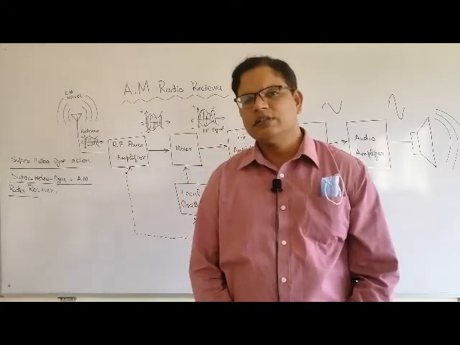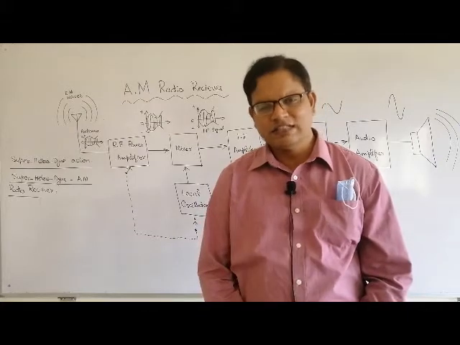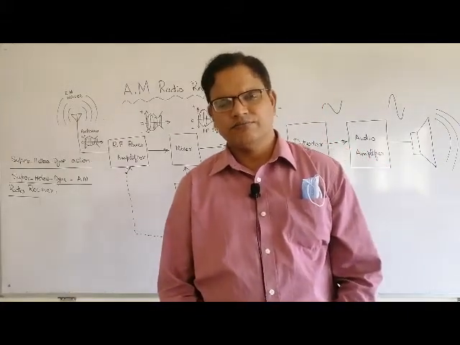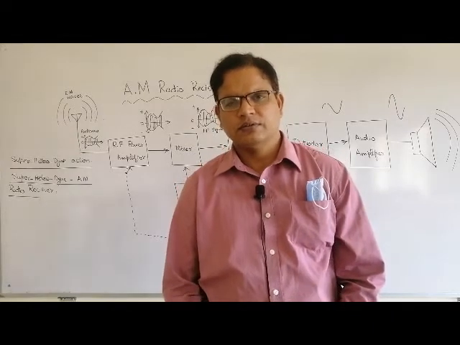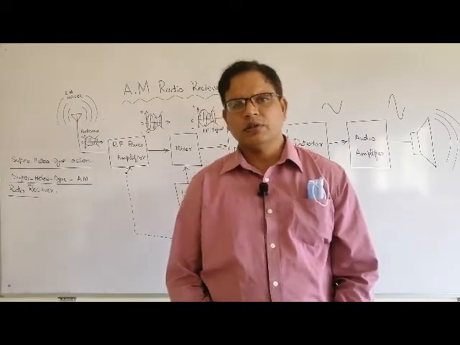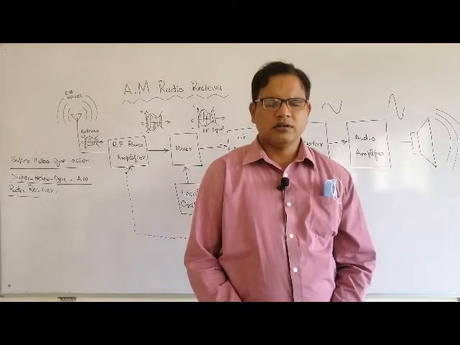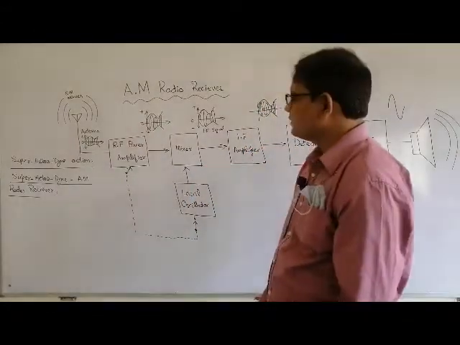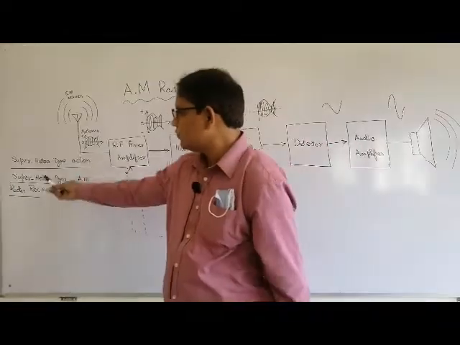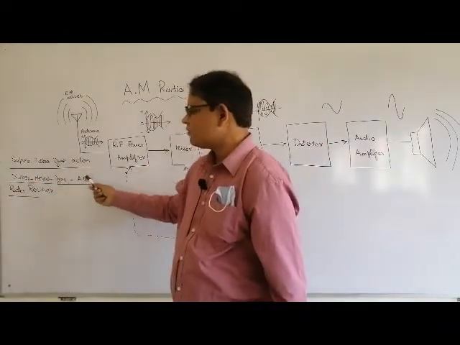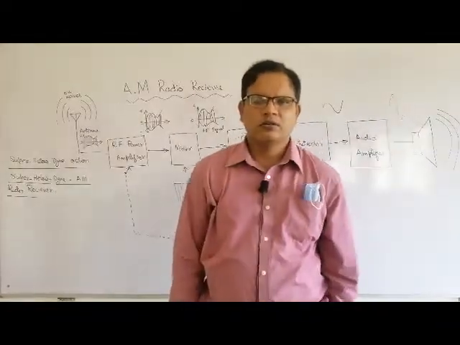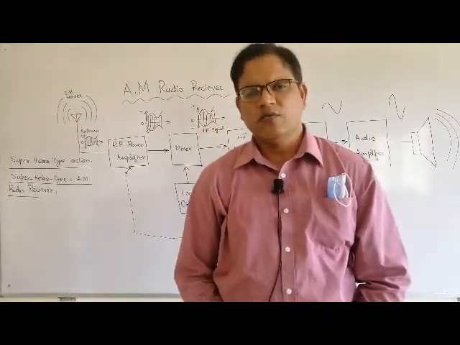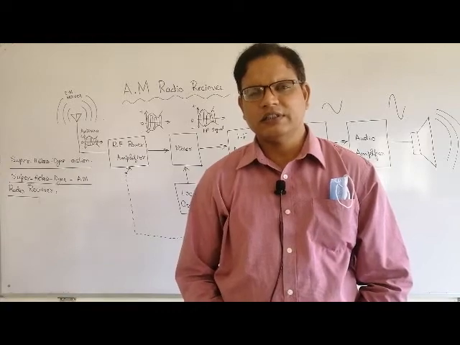A radio receiver that receives amplitude modulated signals from electromagnetic waves that are broadcast from a transmitter is basically known as an AM radio receiver. Now we will discuss the superheterodyne action, which may cause some complication while studying radio receivers.